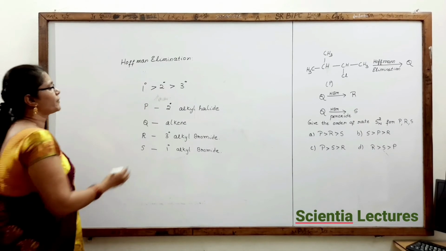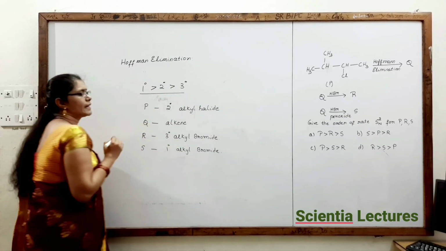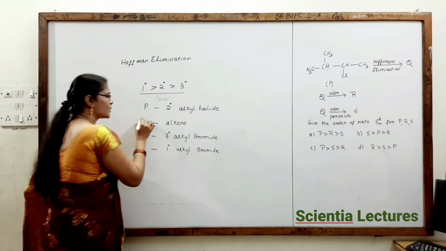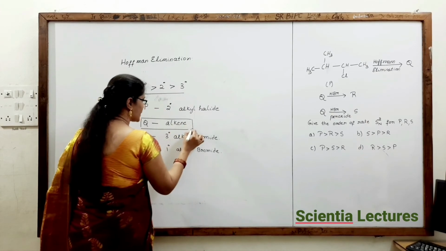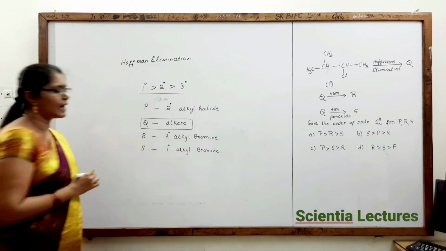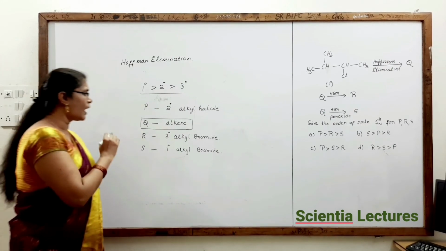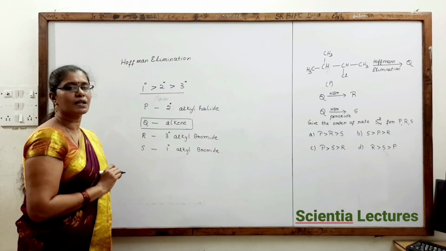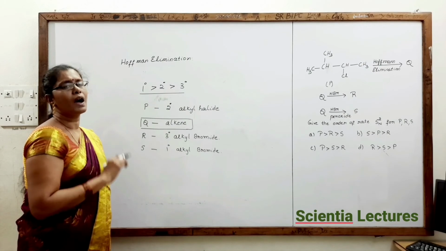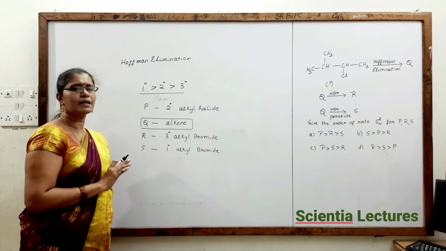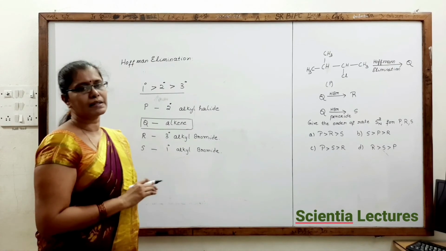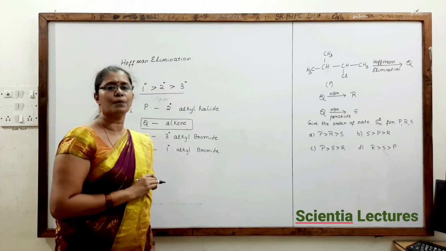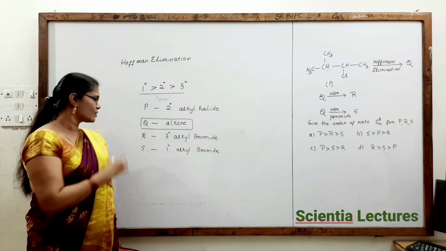Right. What is the order of reactivity of SN2 mechanism? Primary greater than secondary greater than tertiary. Hence, let us leave this Q because it is an alkene, it is not an alkyl halide. For SN2 mechanism, we need to check only for alkyl halides. Now, when you check for P, R, S, what is the order of reactivity of SN2? Primary greater than secondary greater than tertiary. Because whenever a nucleophile attacks an alpha carbon from the backside, if there is less steric hindrance, it would easily attack from the backside. So primary, as it will have less hindrance, will surely undergo SN2 mechanism more easily than secondary and tertiary. So here what would be the order?